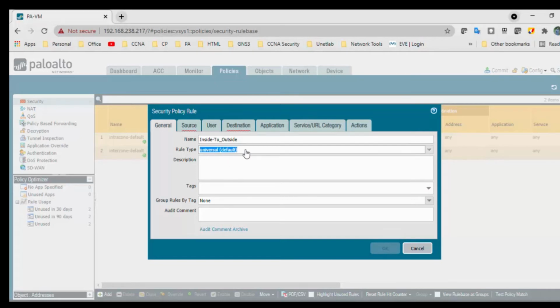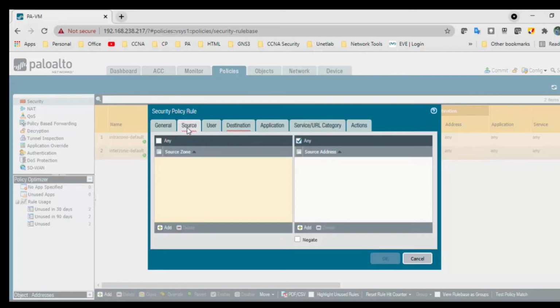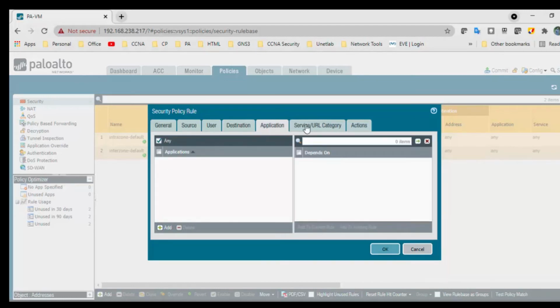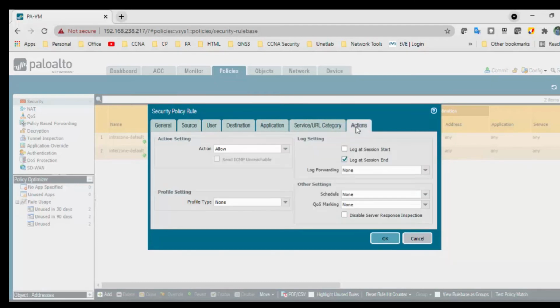Rule type is universal by default. If you want intrazone and interzone, we'll discuss it later. So right now I will go with universal. Source is my LAN interface, that is inside users. If you have any particular source address, you can mention it in the source address, but right now I will not. Destination is my outside interface, application is any, service is default, and action is